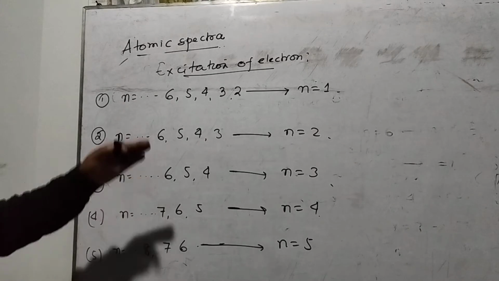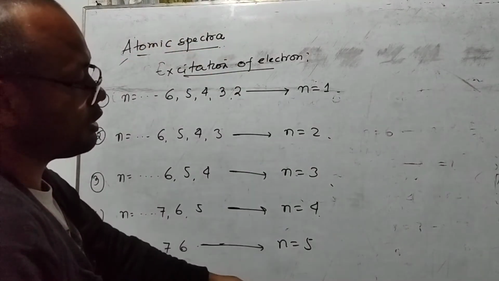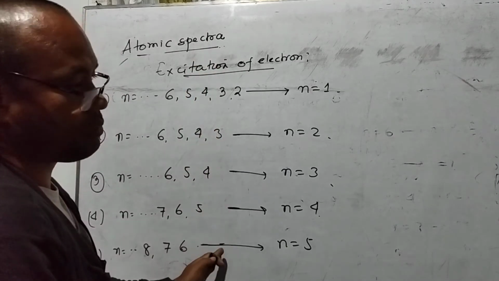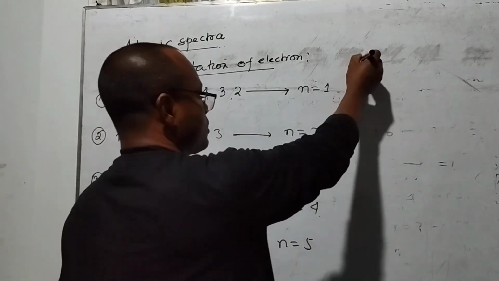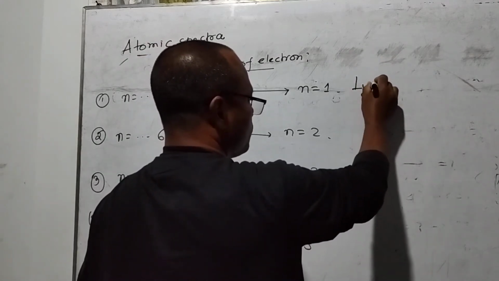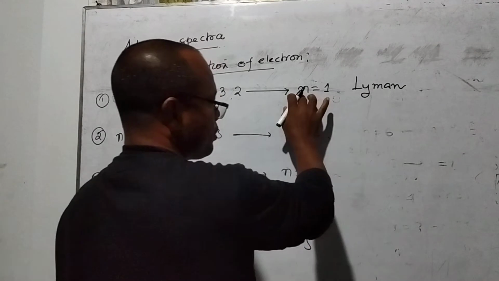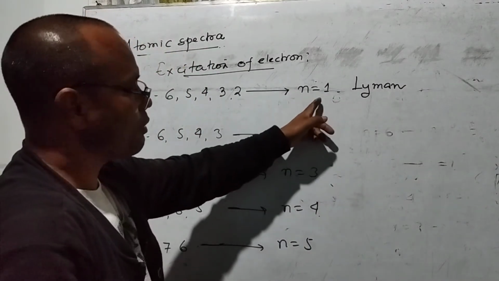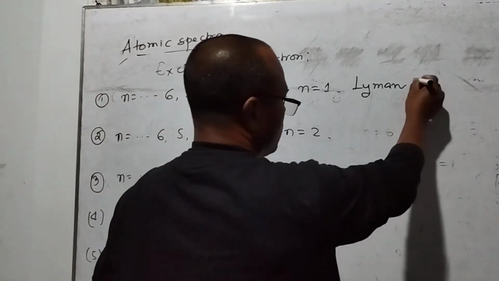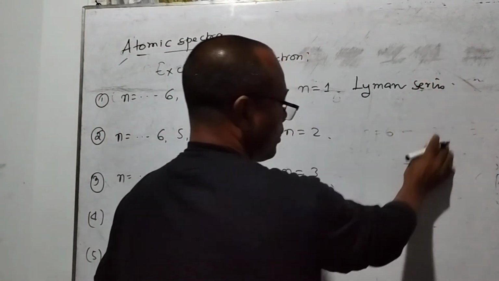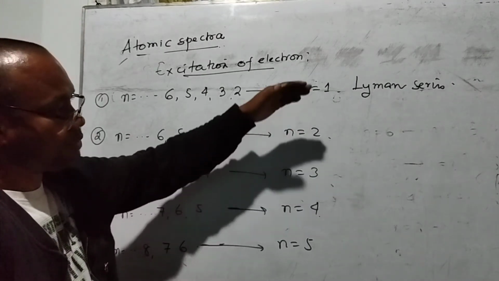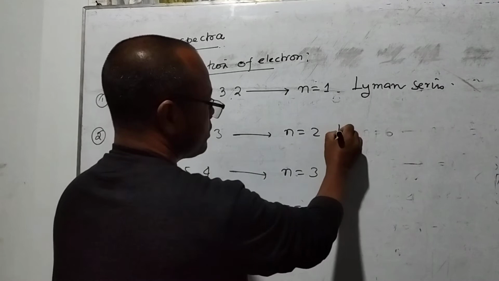Understand? So because of the different lowest energy levels, what are the different types of series formed? So I write the different types of spectrum series here. Number 1, that is what we call the Lyman series. When the lowest energy level is n is equal to 1, that is the name of the series, called Lyman series, right? And when the lowest energy level is 2, the name of the spectrum series is the Balmer series.